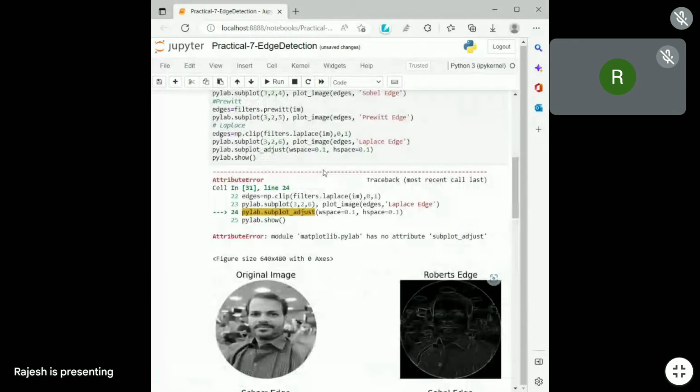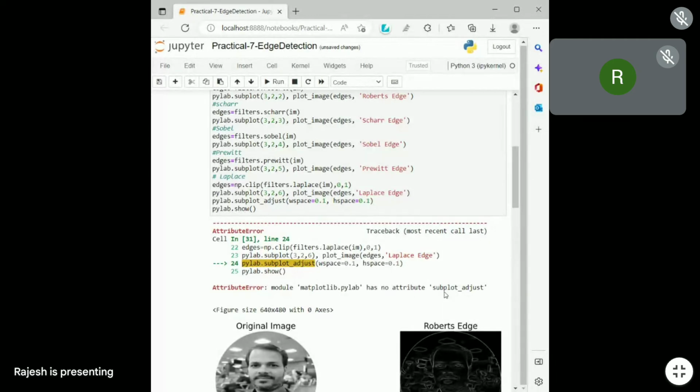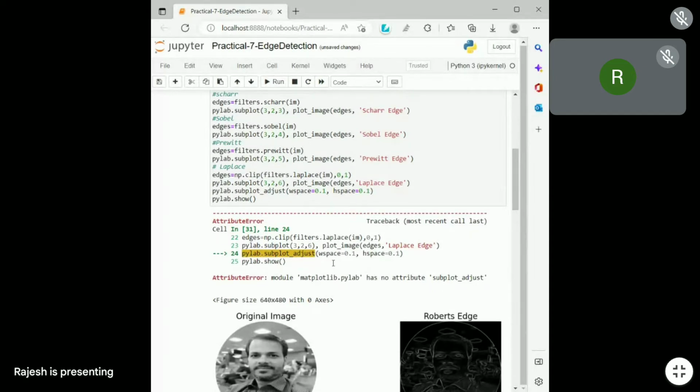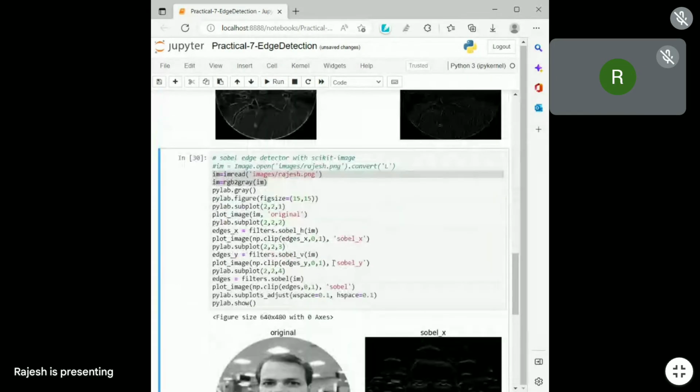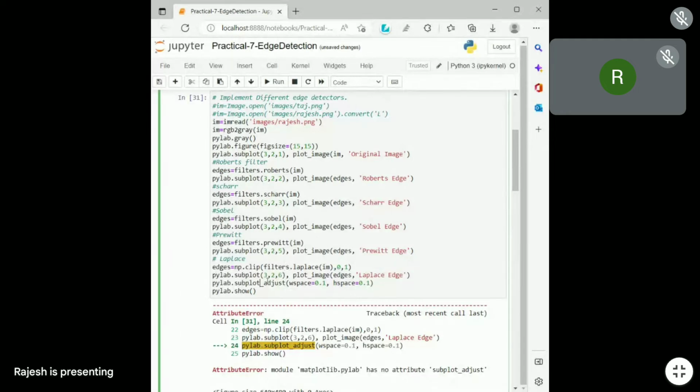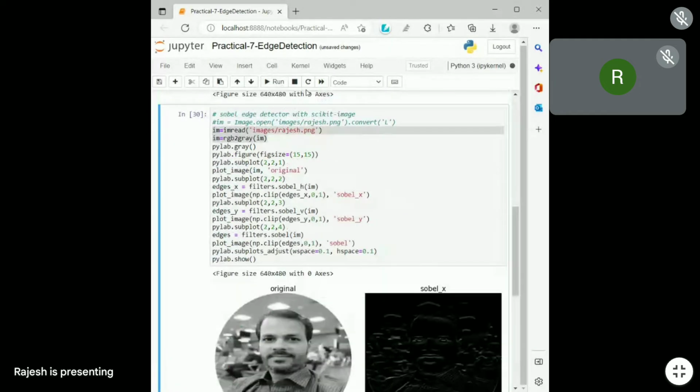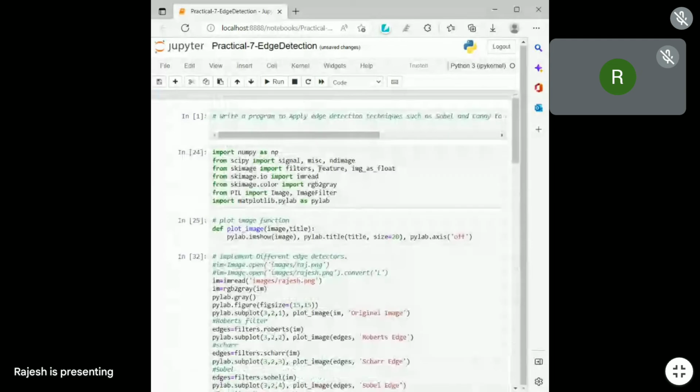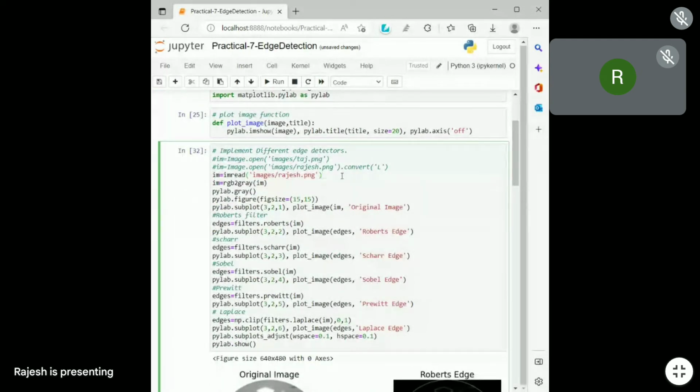Okay, something has happened. Something is left. What does matplotlib say? No attribute subplot adjust. It did not find subplot adjust here. Okay, subplots_adjust. Okay, so now I think the error should be gone. Yes. So you see that different functions are expecting different formats. We had used Image.open here, so it was not working. If you are using imread, you will be able to get this. Now what we have done is we have loaded our image and converted it into grayscale,